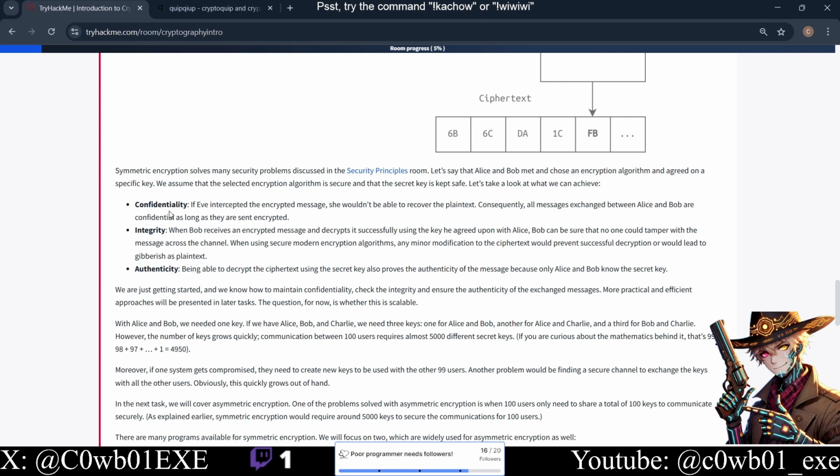Let's take a look at what we can achieve. We have our CIA here: confidentiality, integrity, and authenticity. If Eve intercepted the encryption, she wouldn't be able to recover the plaintext. Consequently, all messages exchanged between Alice and Bob are confidential as long as they are sent encrypted. So if Eve intercepted the encrypted message, she wouldn't be able to recover the plaintext because she doesn't have